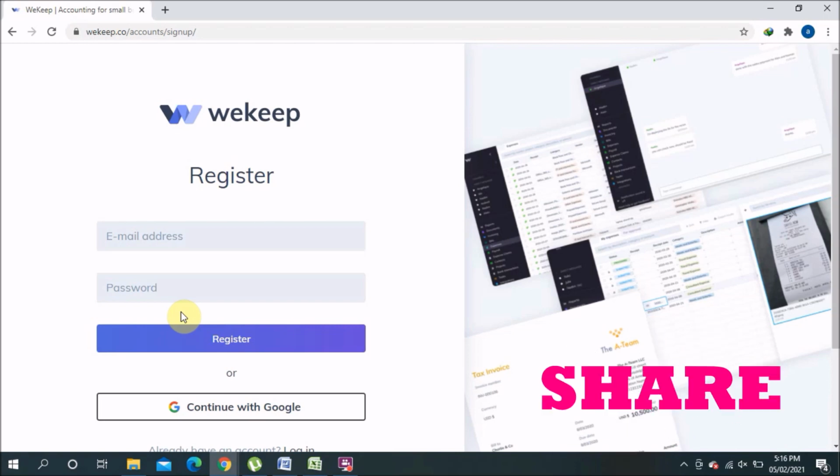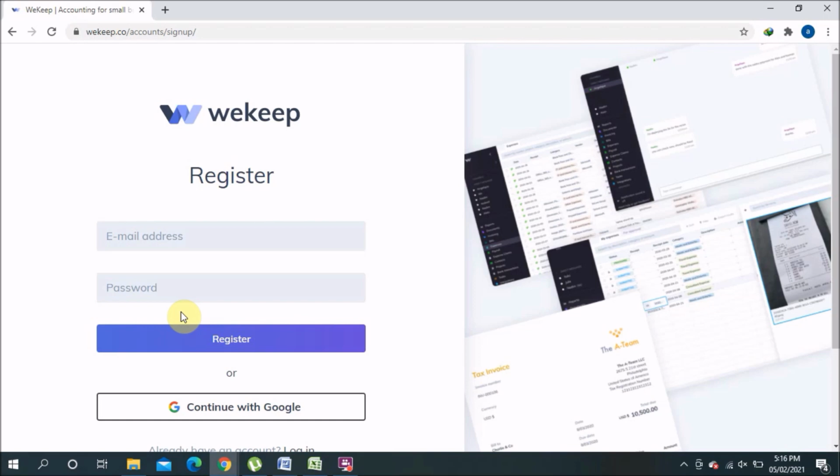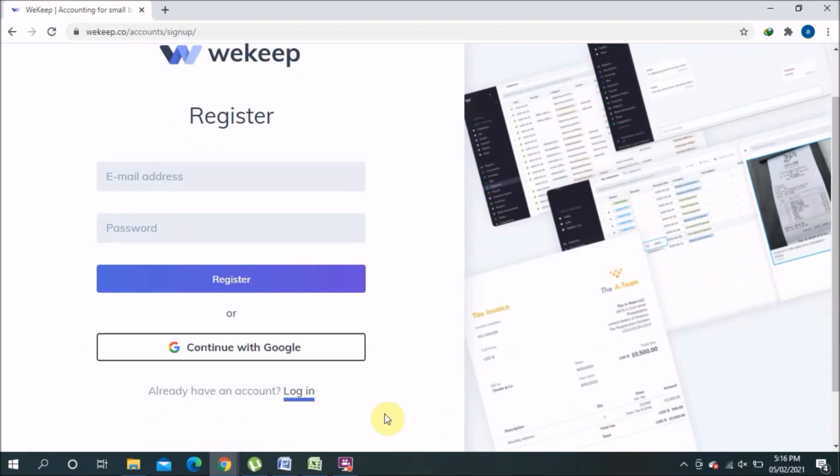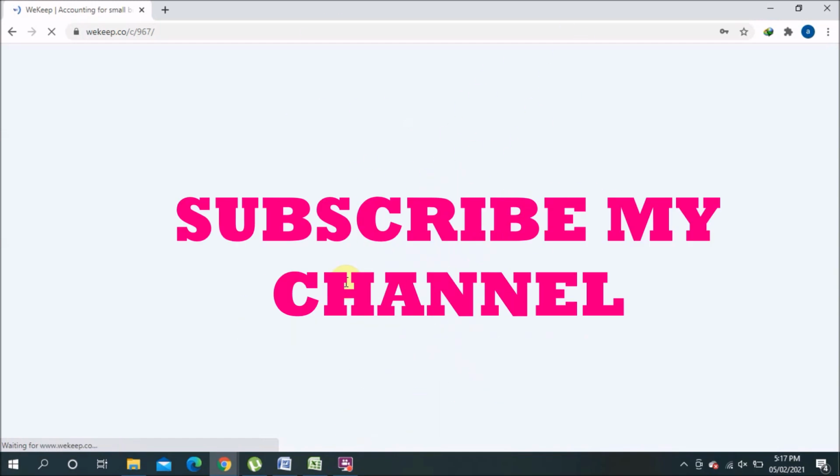Okay. So as I told you, this is a global software, so you can use it anywhere. For example, I selected UAE, so you choose the currency also in dirham. So when I log in, it shows me everything with the currency dirham. Okay. So I already have an account. I will do the login. I put in my username and password and then log in.